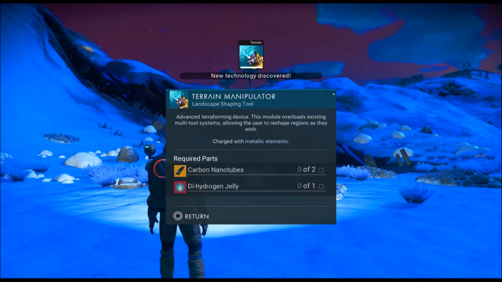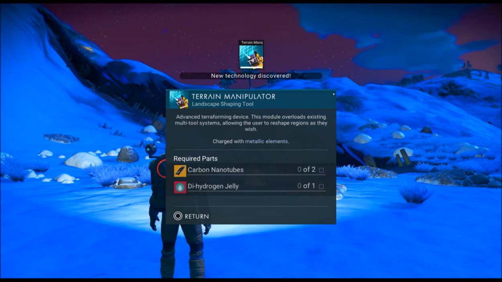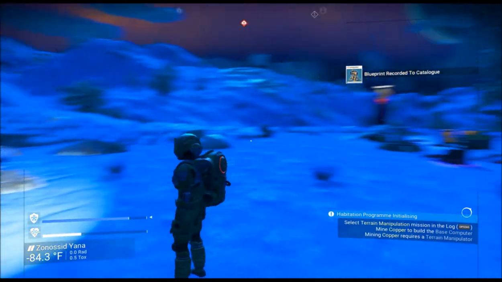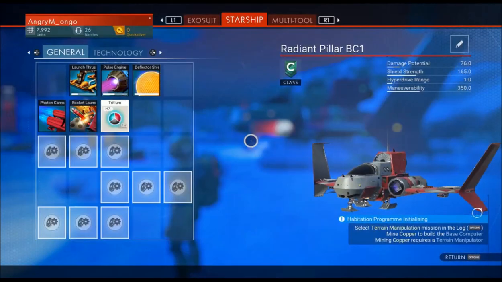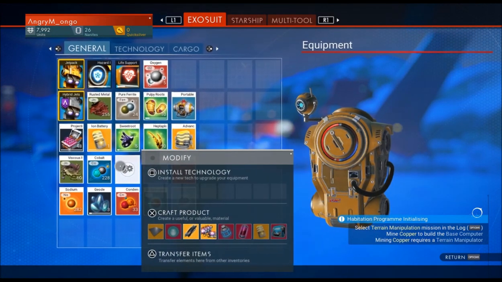Alright, what do we need? We need to build a terrain manipulator first, which requires carbon nanotubes. So now see, it's given us the recipe for it. It's pushing us along. Carbon nanotubes times 2 and dihydrogen jelly times 1. We need to find... So here we go. Carbon nanotubes. Let's go. See, we're already running out of...